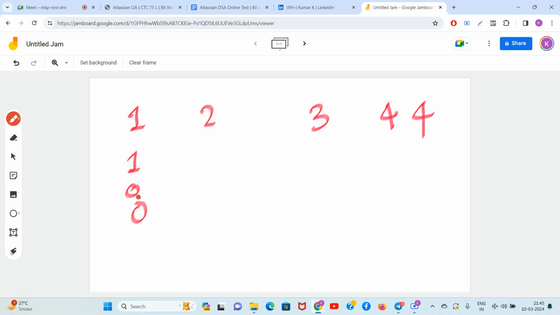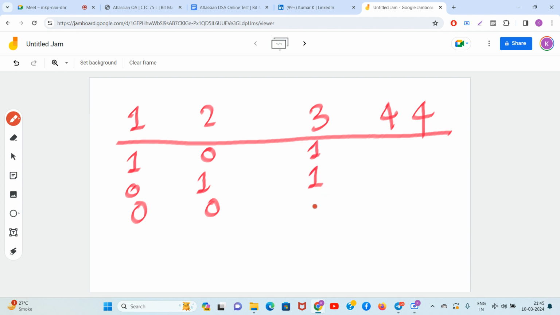1 0. I'm converting to binary here. This 2 will look like 0 1 0. And this lovely 3 will look like this, 1 1 and 0. This 4 will look like this. And this 4 will look like this. Guys,